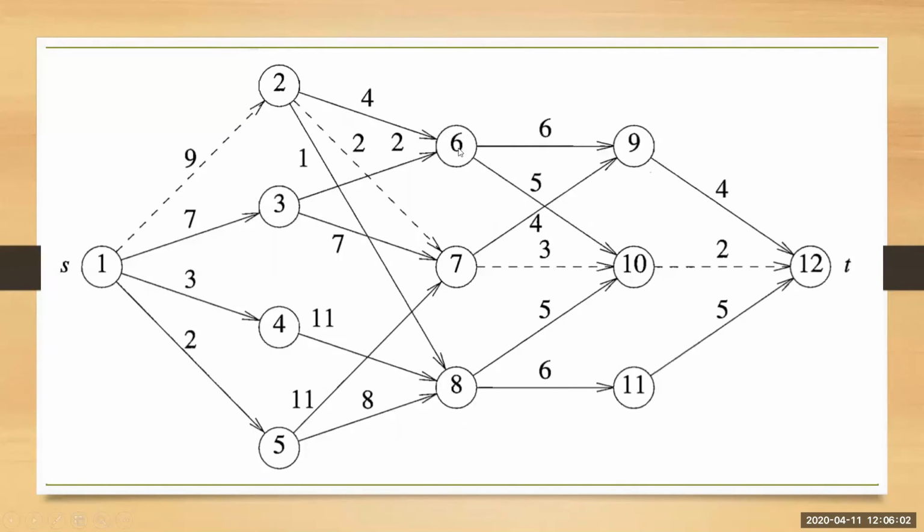How to do that? This is the example I took in the previous slide. You have to add the 6 to 9 edge, that is C of 6 comma 9, plus cost of 9. Cost of 9 you have calculated in the previous step. The other one is the edge from 6 to 10, that is C of 6 comma 10, plus cost of 10 in the next stage. I hope you understand. The minimum of these two you have to consider as the cost of 6. Let me make you understand with this example.